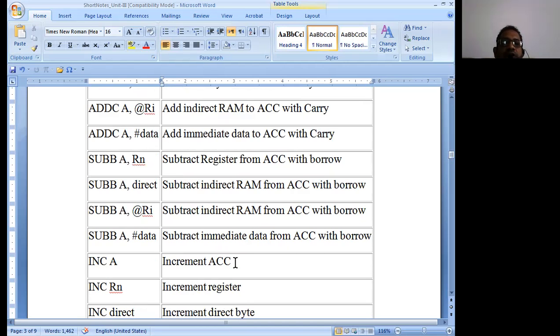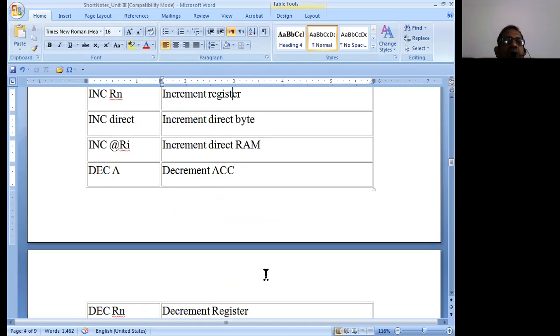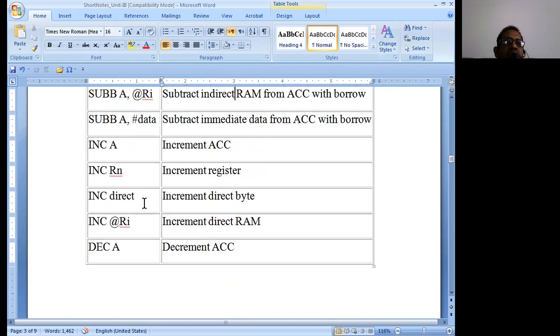Increment A means increment accumulator. ACC stands for accumulator. Increment Rn means increment the register specified by R suffix n. N is going to take values from 0 to 7. Similarly, you are going to have the addressing modes: this is register addressing mode, this is indirect addressing mode, this is direct addressing mode.